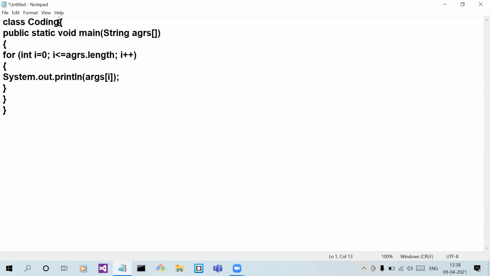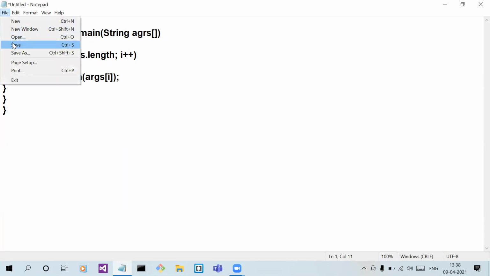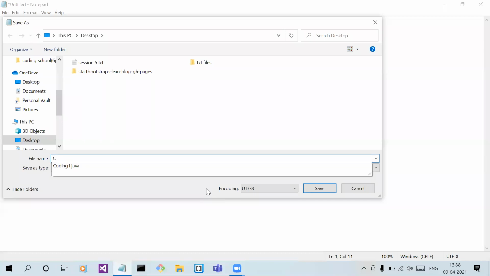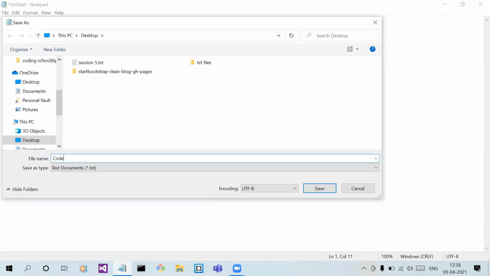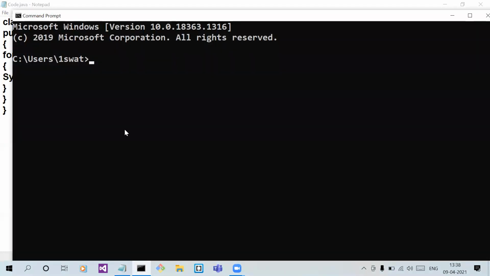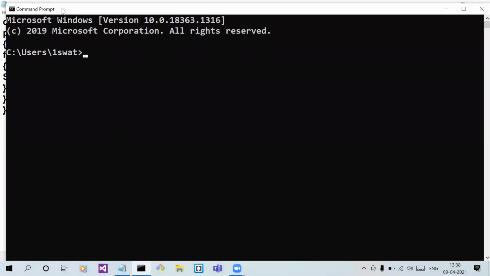I'm going to change the class name to Code only. My screen is visible, you all can see the command prompt screen?